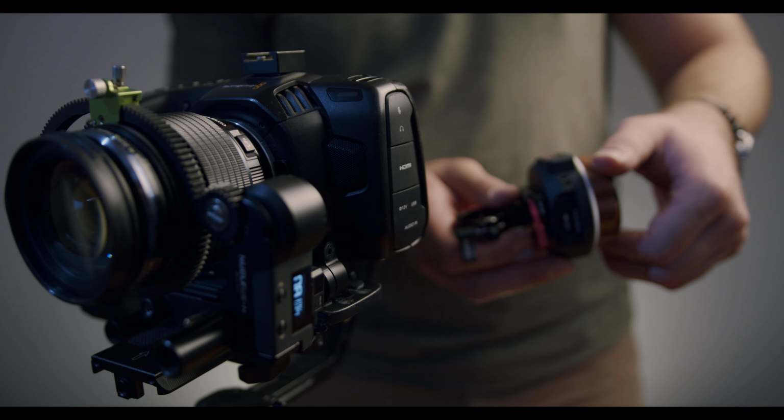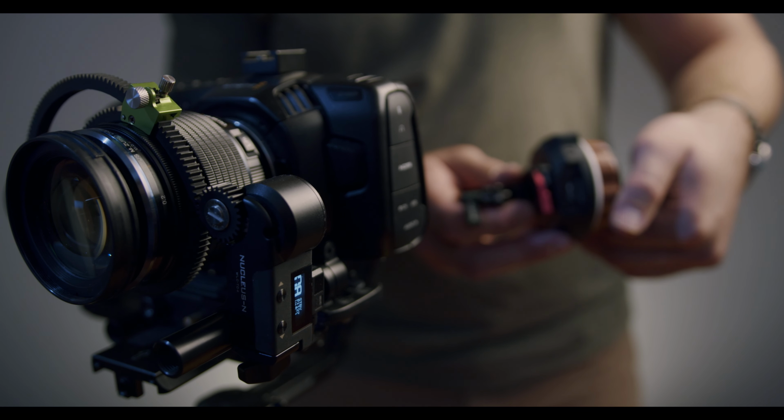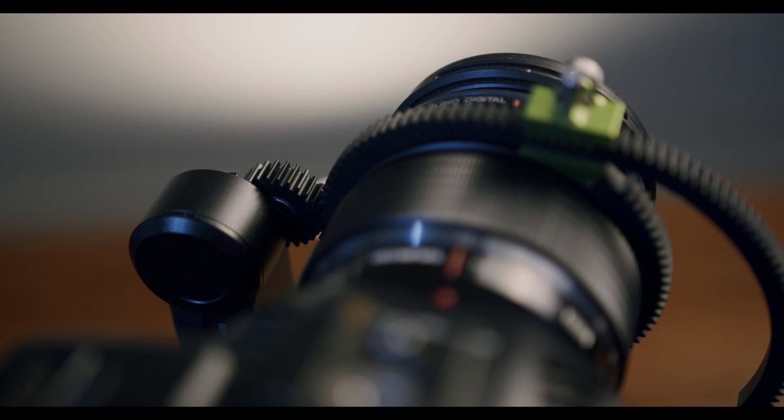Hi everybody, I'm going to jump straight in and say how excited I am to talk about the Tilta Nucleus Nano because I've received so many messages asking how I get the focus right in my gimbal shots. For nearly a year I'd been using my Zhiyun Crane 2 with no way of changing the focus during the shot. I know it comes with the focus wheel, which I could connect to the Zhiyun Crane 2 wireless follow